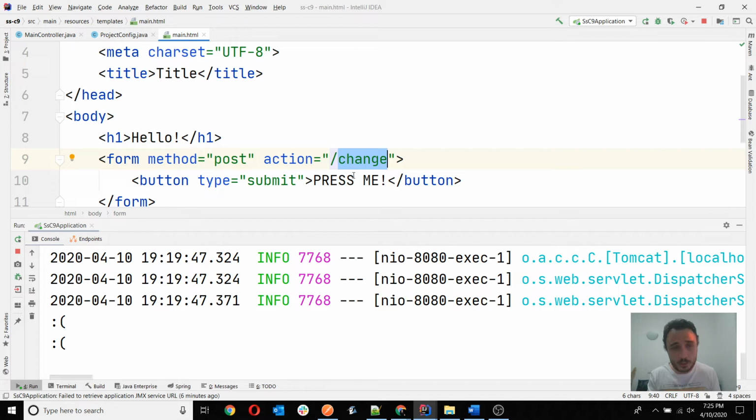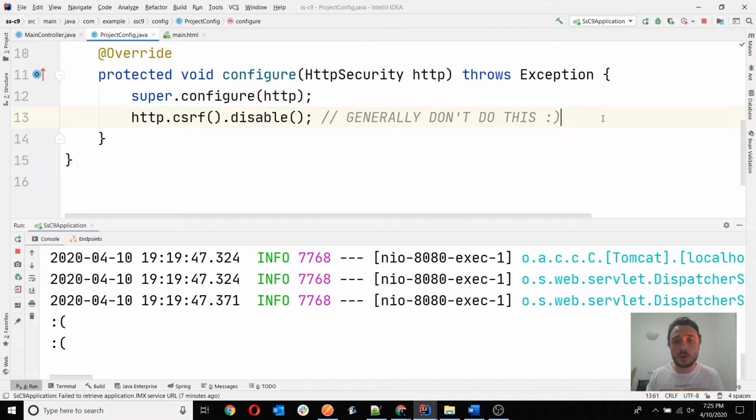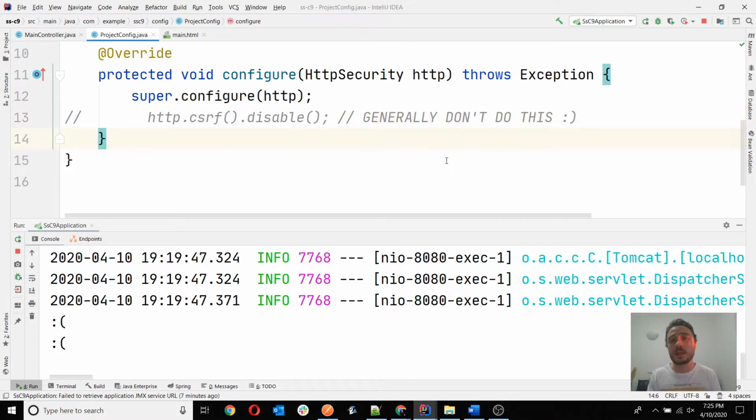So that's really strong, that's really heavy, and that's why you don't want this to happen to your application. That's why we need CSRF protection. Fortunately, Spring Security, this is how I have disabled it, but if I wouldn't have written this line, Spring Security came with CSRF protection by default. So that means that I don't have to do anything, and I will have that CSRF protection, which works in